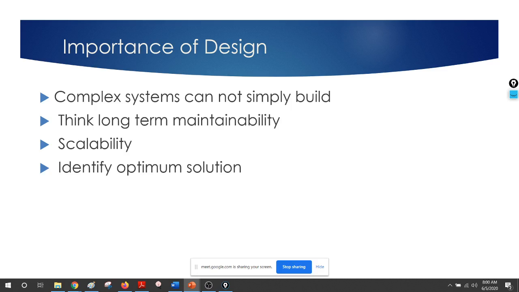So there might be hundreds of solutions coming to your mind, but out of these you have to consider what is the best solution, right? So that is why you need a little bit of patience upfront. That is why you need a phase called designing. Okay,